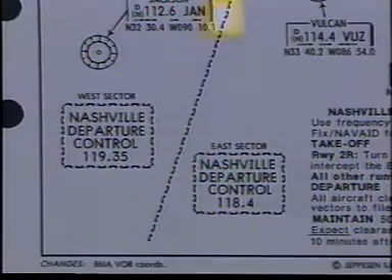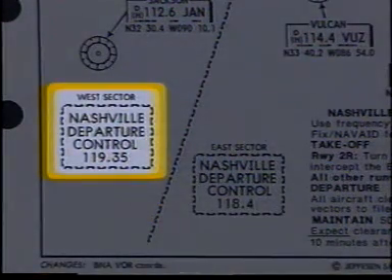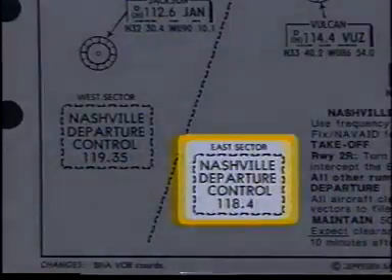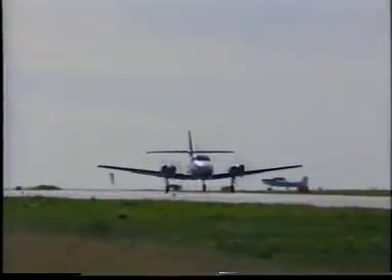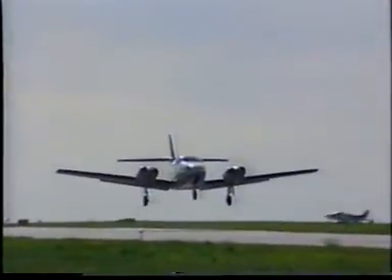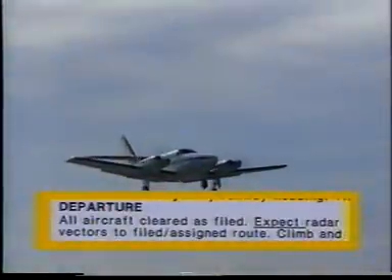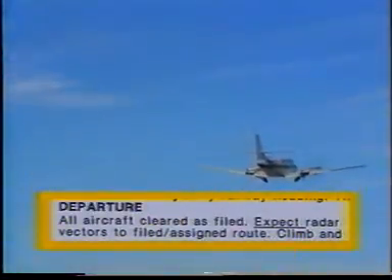This SID is divided by a line of small telephone symbols. Each half contains a departure control frequency. You'll normally be instructed to use the frequency within the sector where the first fix for your route is located. Since ATC is providing course guidance, vector SIDs are easy to follow. For this procedure, the textual description states that if you're cleared as filed, you should expect radar vectors to your